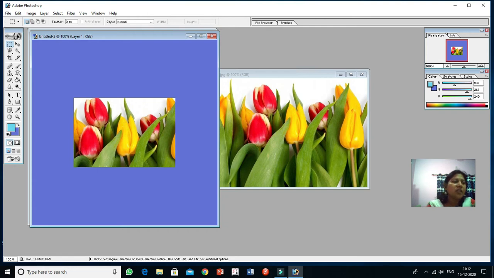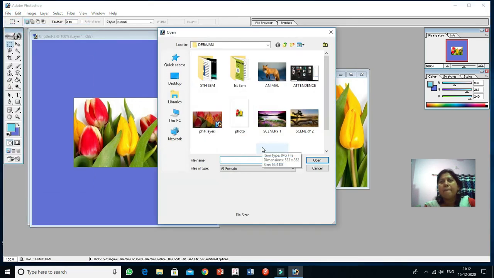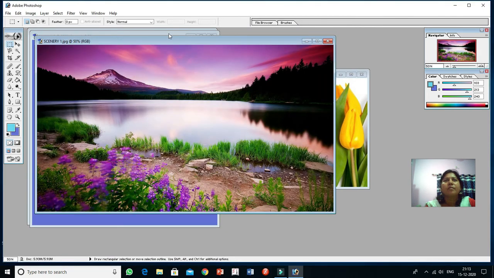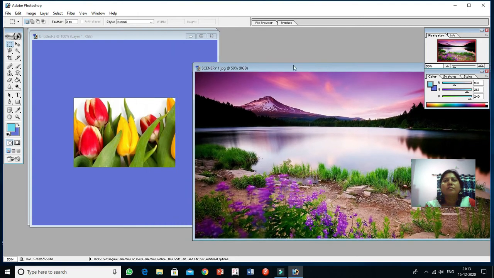Now the next one is move and paste, meaning how to cut the object and paste it here. For this, again I am opening one existing file. I am using that same rectangular tool, or you can use the lasso tool also.